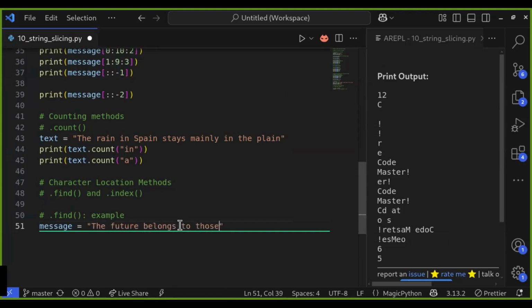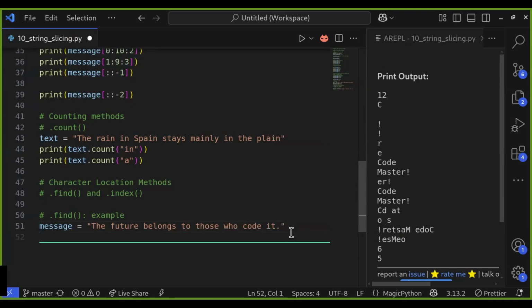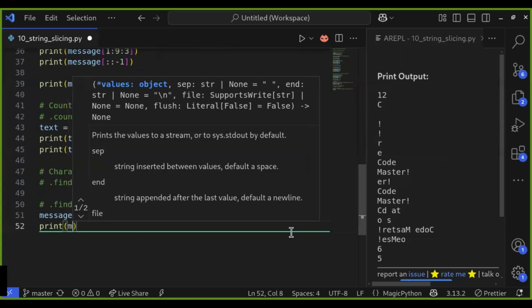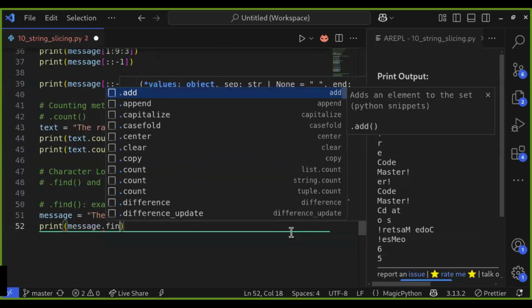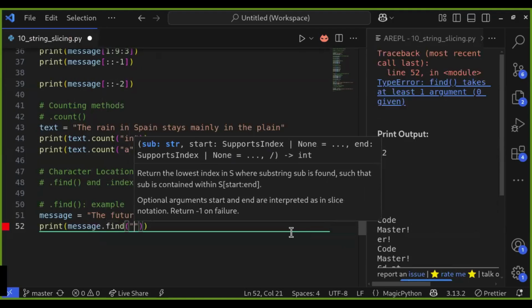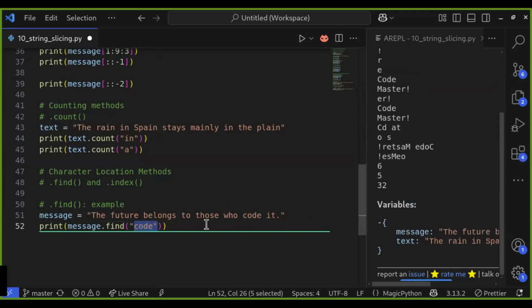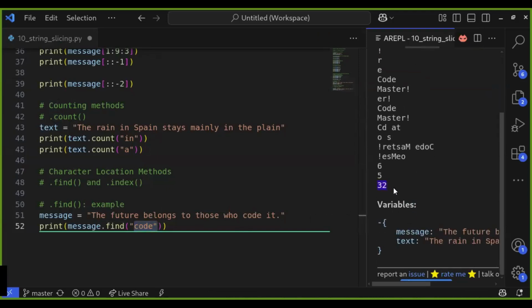For example, message = "the future belongs to those who code it". Then find the substring code from the given sentence. Print message.find("code"). In this example, Python searches the string for the word code and returns the index where it starts.